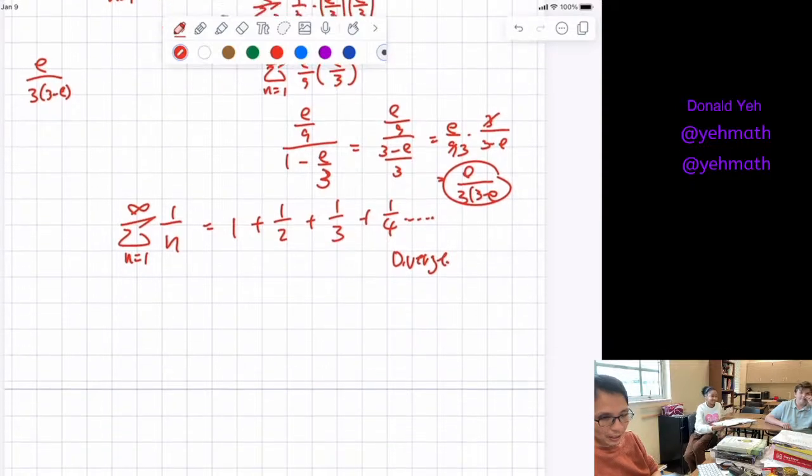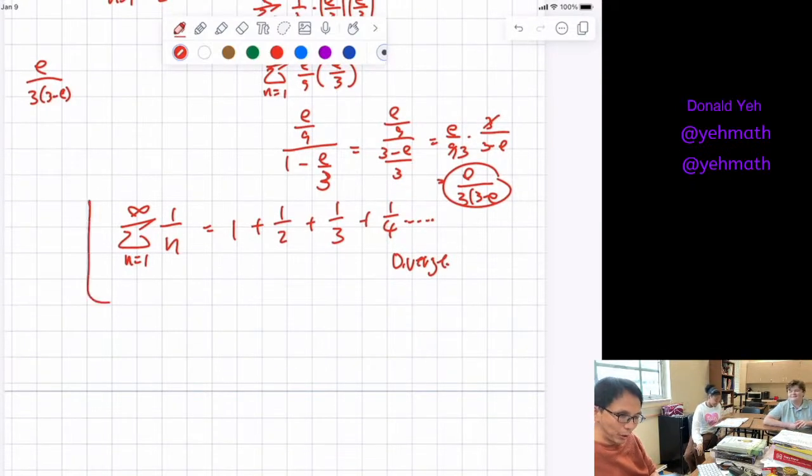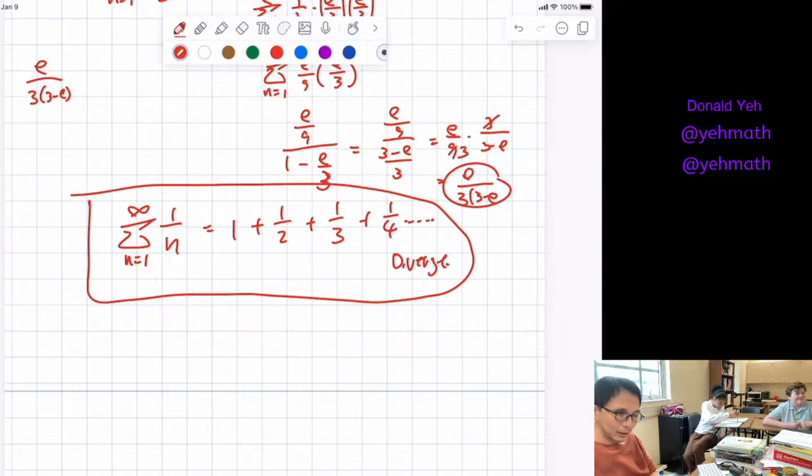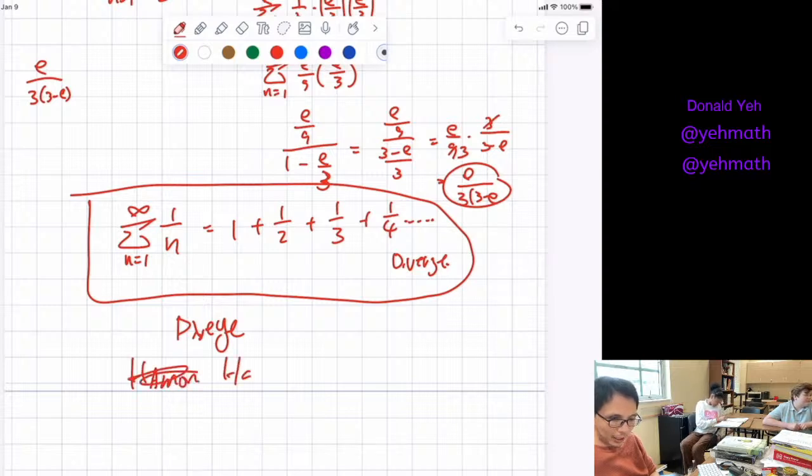All right, so this one's a divergent series. This is very well known. This diverges because this is called a harmonic series. Harmonic series, this is the only one I need you to memorize by name. Harmonic series, it's very important. It's like a borderline divergent series. It's very borderline. I'm going to explain to you why it's borderline, because later on we're going to learn something